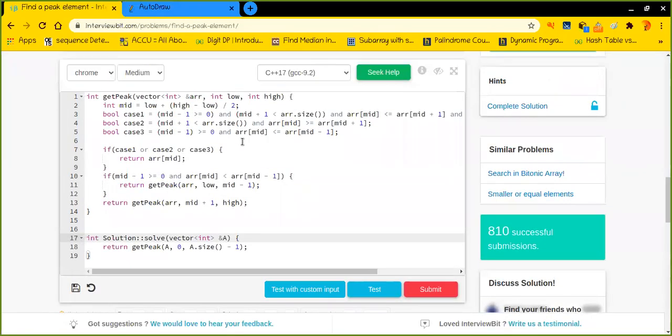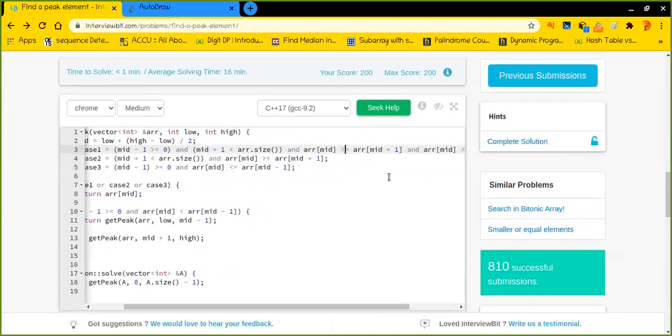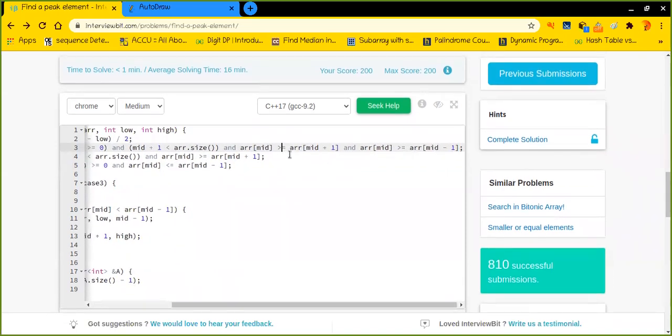Okay, so all right, I found the issue. The issue is that I have written a wrong statement right here, a wrong comparison right here. The middle element must be bigger than both of its sides, right? And I have told you, but I have written it wrongly. Okay, so it is perfect. It is also perfect. It is basically bigger than its right neighbor as well as its left neighbor.